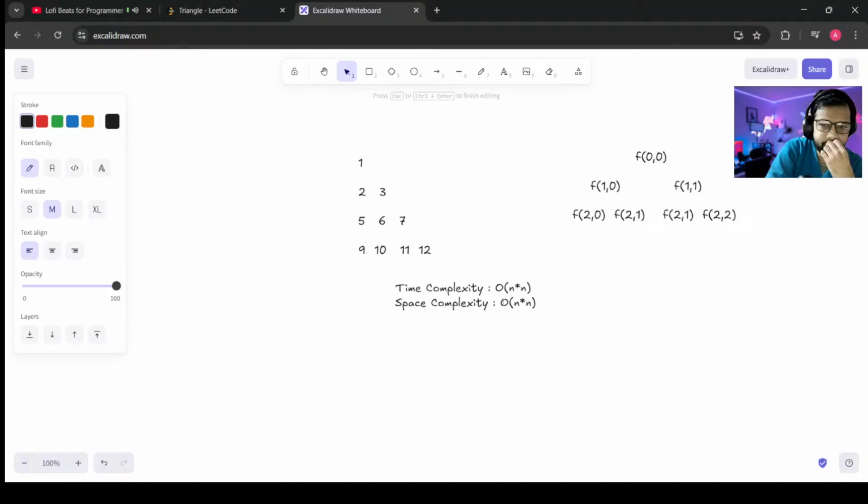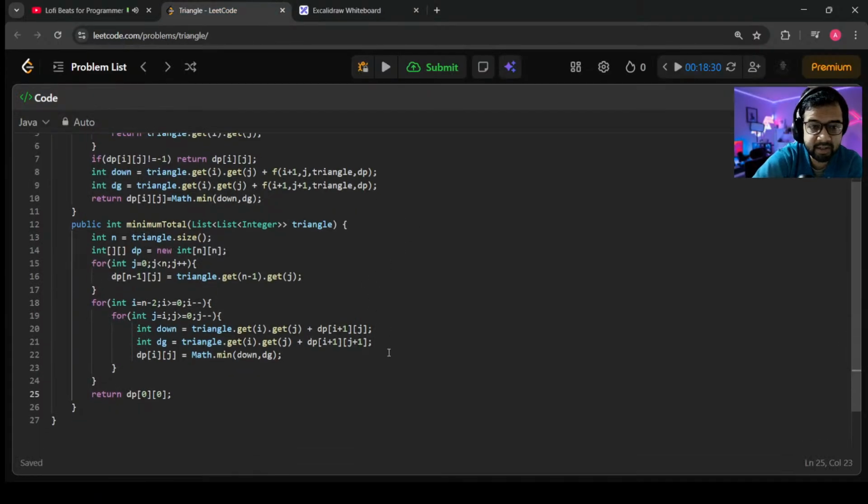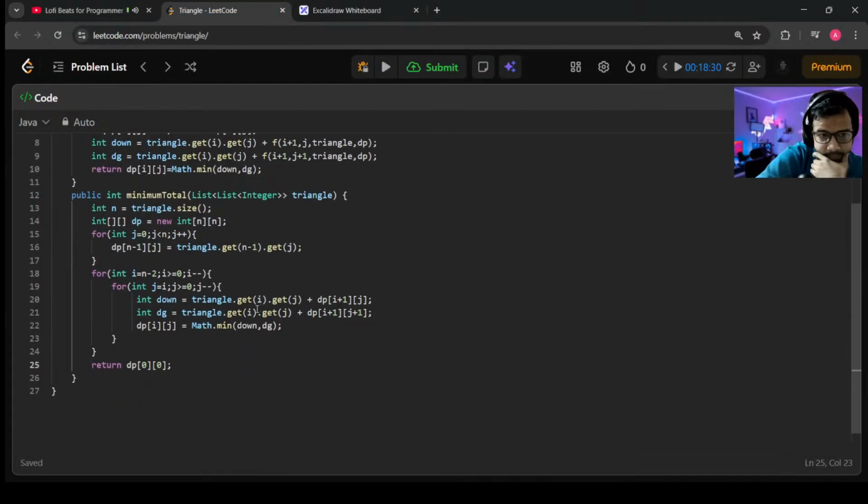So how do we reduce this size? Can we reduce the space complexity? The answer is yes. And why is it yes? That's because when you look at this line, we're using dp of i plus 1, j and dp of i plus 1, j plus 1. So we're actually using, since we're filling the table in reverse,